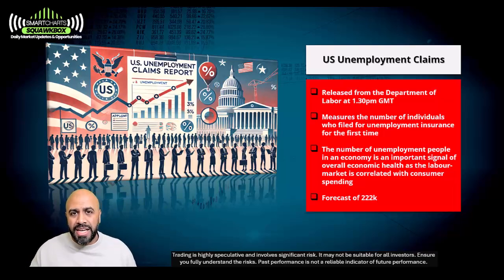So the key here is that, look, when we look at these news announcements, we're not trying to predict, did the economists and analysts get that number correct? How is the market going to respond? Is it going to go up? Is it going to go down? We look at these news announcements for several reasons. The first reason, number one, is always risk management. Cannot stress how important risk management is going to be.